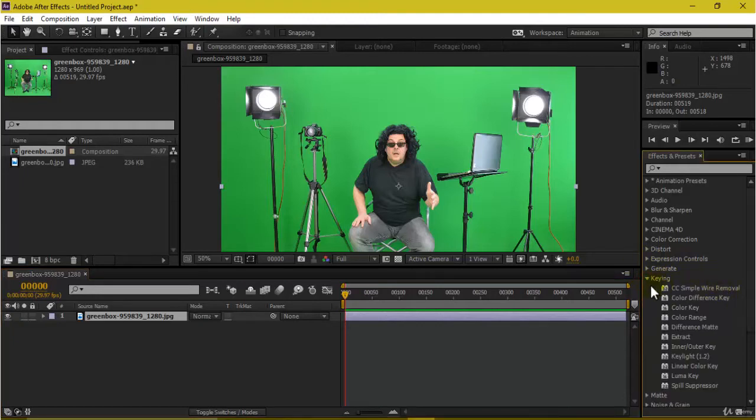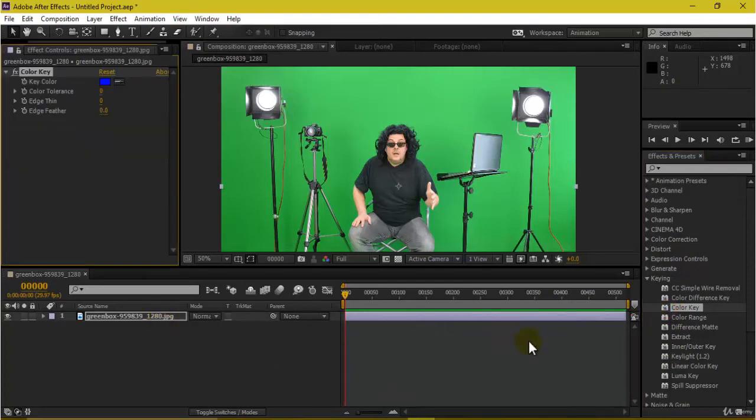Expand this, and there will be very many effects. The first effect we'll be seeing is the color key, which is the very basic effect inside After Effects, and rather an introductory effect to the concept of chroma.